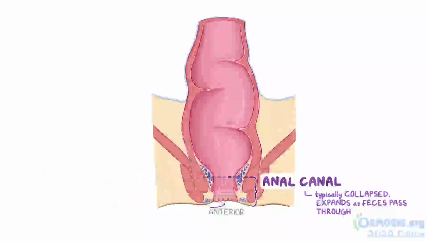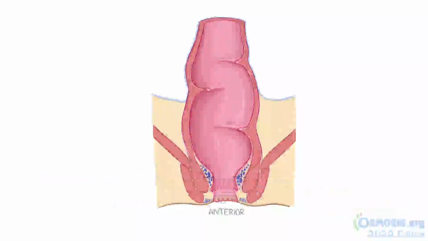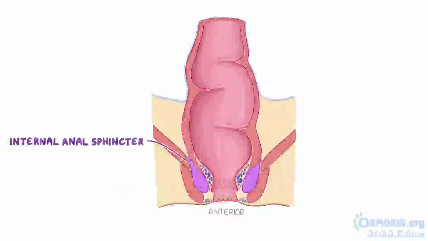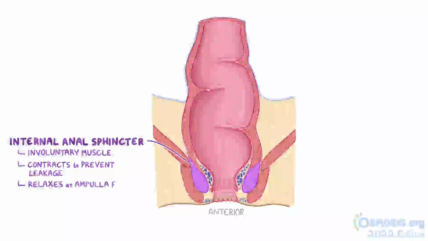Similar to the urinary bladder, the anal canal has internal and external sphincters, which are circular muscles that control defecation. Let's start with the internal anal sphincter, which is an involuntary muscle surrounding the anal canal. Typically, this sphincter contracts to prevent the leakage of feces or gas, and relaxes as the rectal ampulla fills with